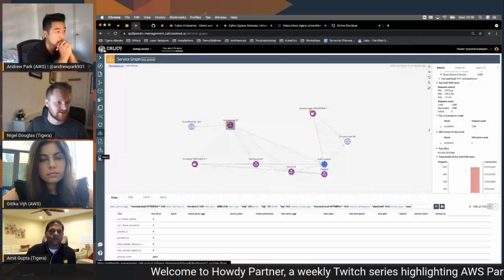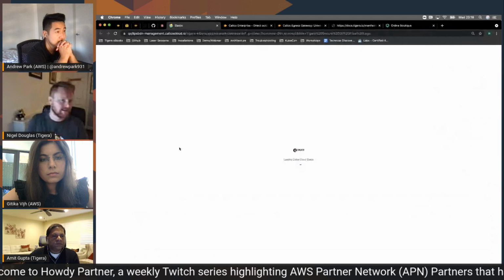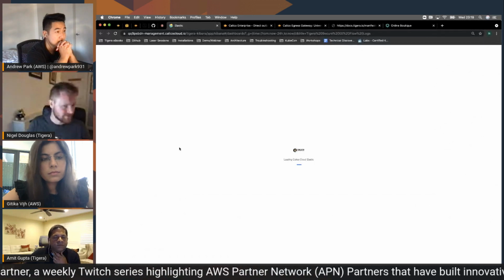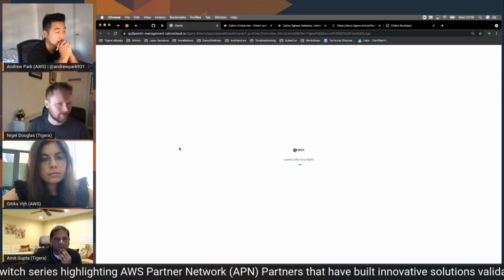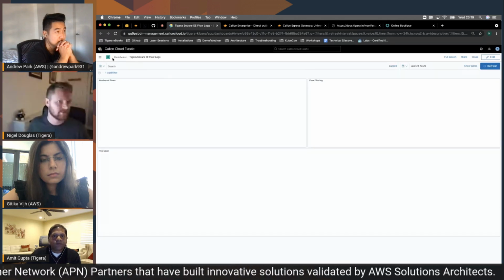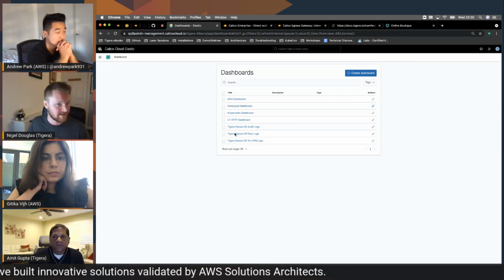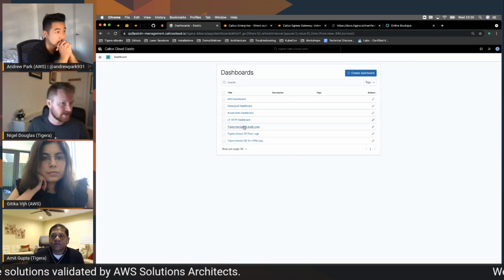Now we have a Kibana integration. So if we want to start with DNS and see, is it a DNS issue? You could go into our DNS dashboard, which is pre-populated, and that will give us some of the context as to what could be happening or where the problems are coming from. So you can always just go into the dashboard view. As I say, this comes with Calico Cloud and enterprise licenses.